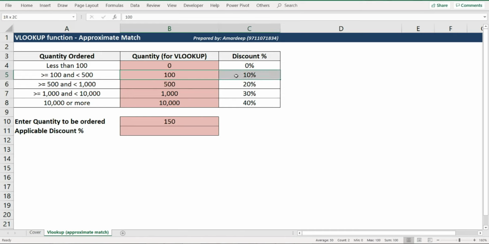So if you read a particular row, you cannot read it in isolation. You would need to refer to the number in the next row as well, so that you can make better sense out of it. Because in isolation, if you look at a particular number, then this is 100 or more. But the moment you go to the next row, you would notice 500 is mentioned. This 100 or more automatically becomes 100 or more but less than 500.